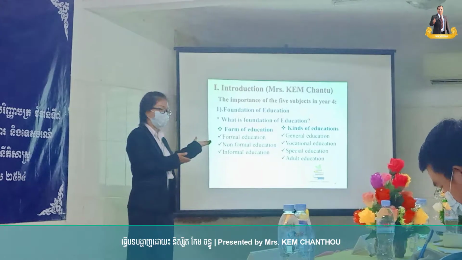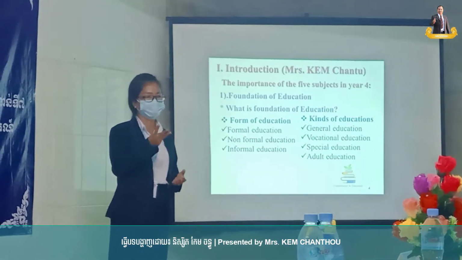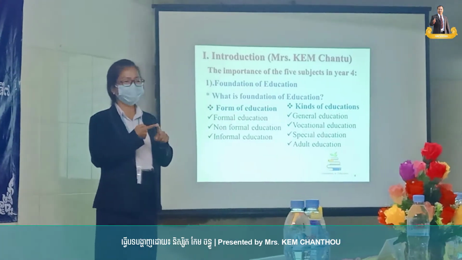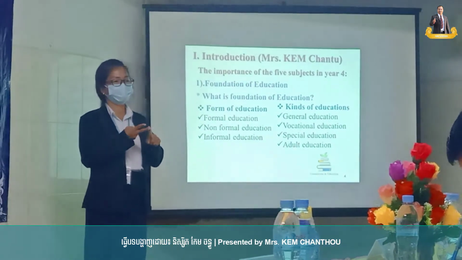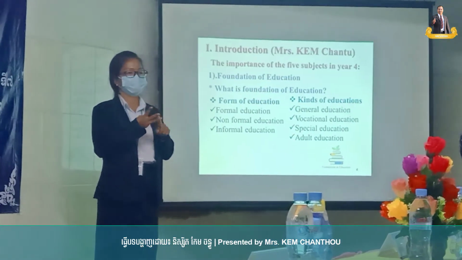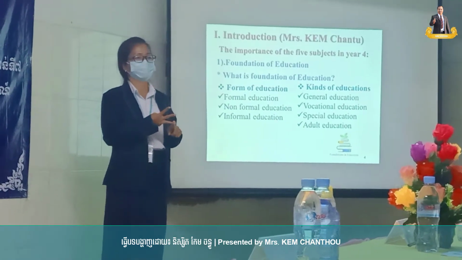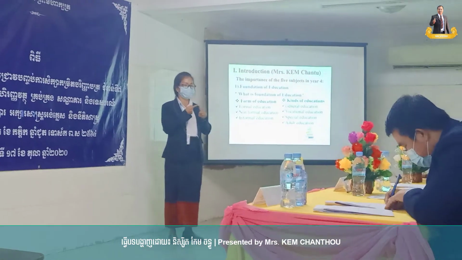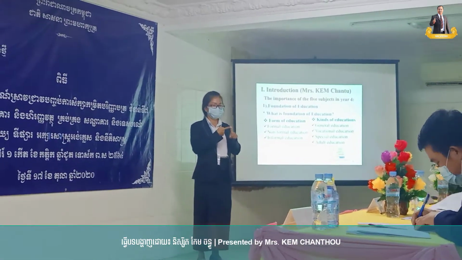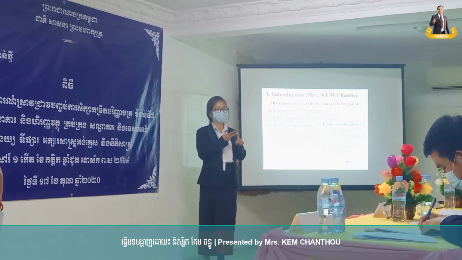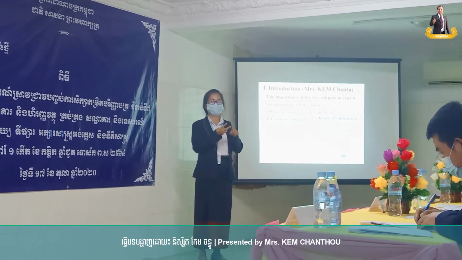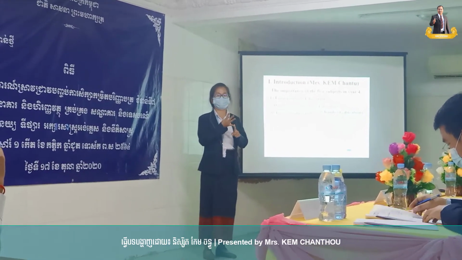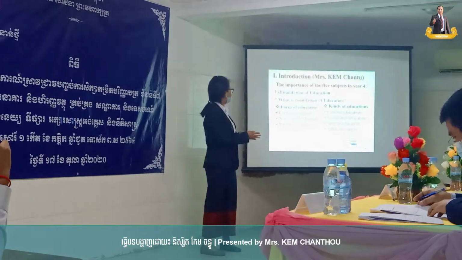For forms of education, there are 3 forms: 1. Formal education. 2. Informal education. 3. Non-formal education. And for kinds of education, there are 4 kinds: 1. General education. 2. Vocational education. 3. Adult education. 4. Special education. And now move to